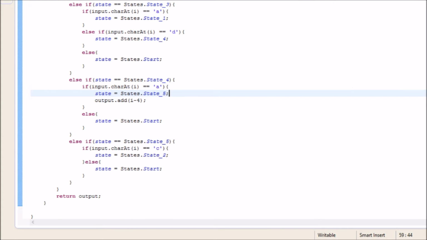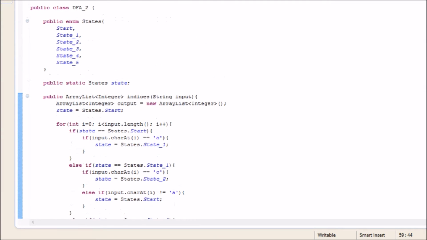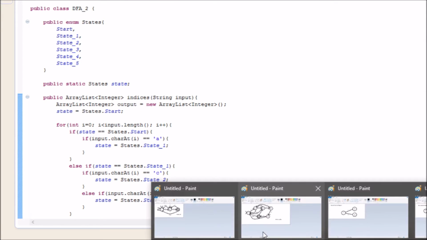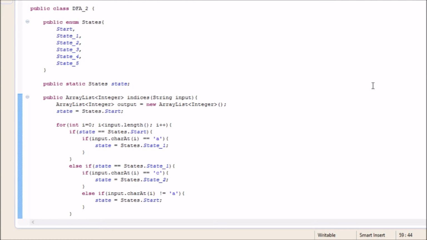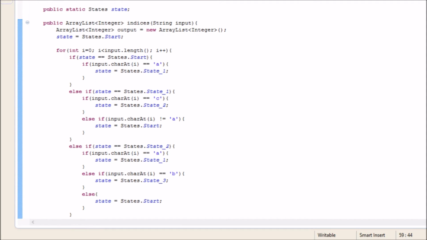The same thing goes for DFA2 for the other pattern, the pattern ACBDA. So in this case I have around 6 states, and the initial setup is the same, where we return the array list, and we have the states, where the initial state is declared to be the start state, which traverses through the entire input, checking each and every symbol, each and every character from the input string. And in the initial state, if we see A at the beginning, we go to the next state, and so on and so forth. So when we are on state 1,